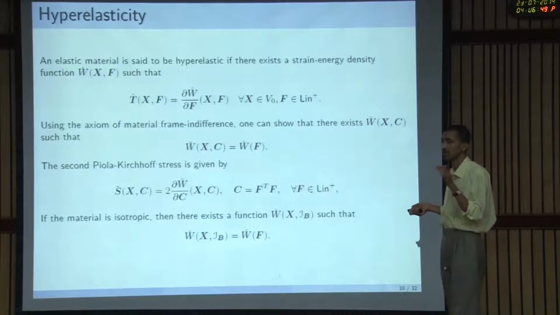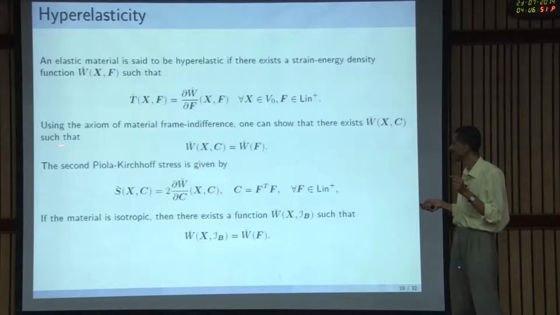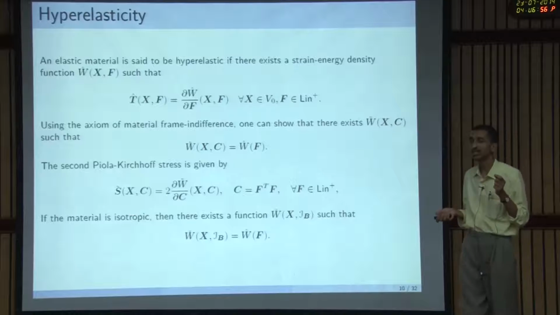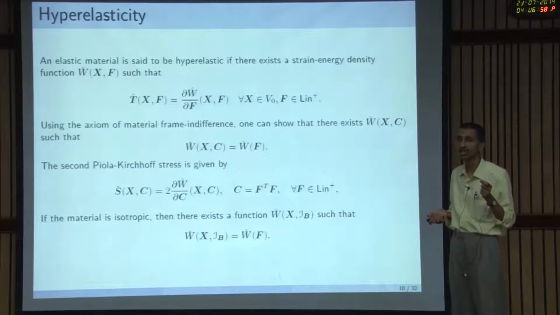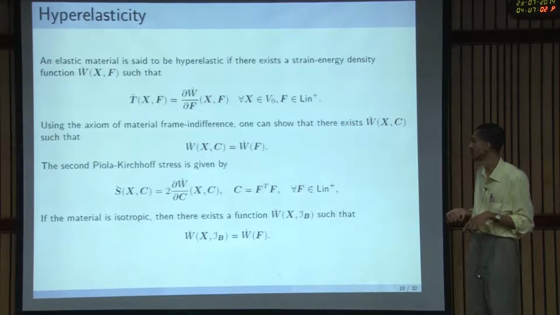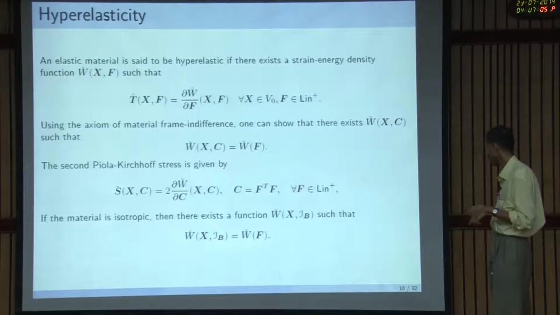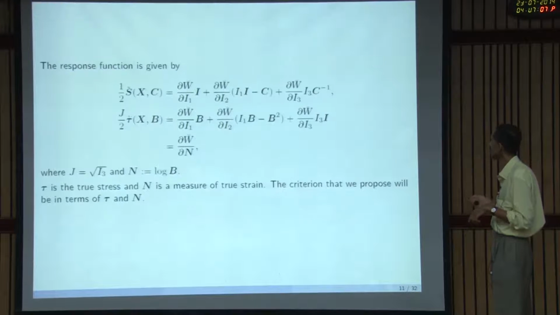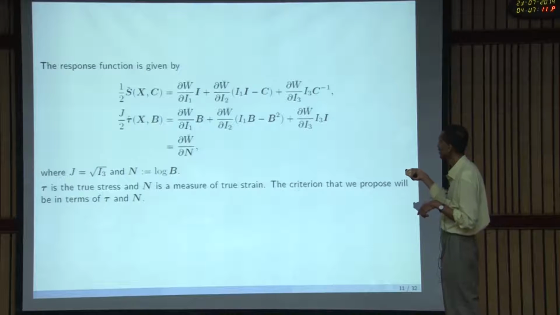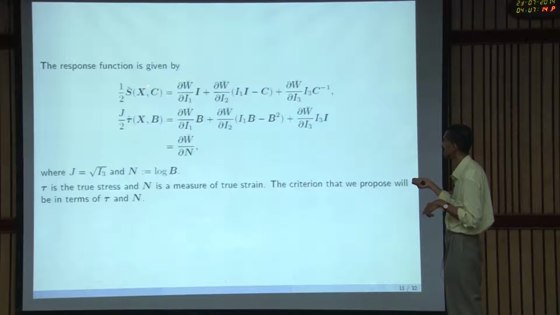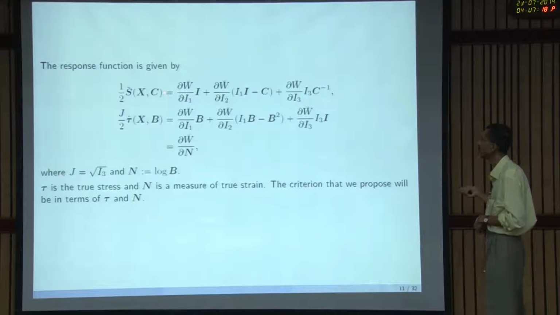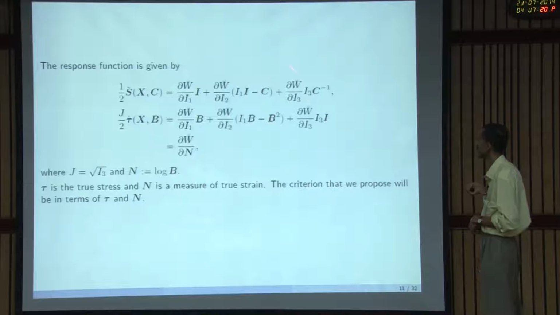So basically, to summarize, if the material is isotropic and if you assume frame indifference, then the strain energy density function is a function of the principal invariants of either the left Cauchy-Green strain tensor or the right Cauchy-Green strain tensor. That is what is summarized here. Once you know that, you can again find out what the stresses are. Again, these are just derivatives of the strain energy density function with respect to C, and so that we can find.